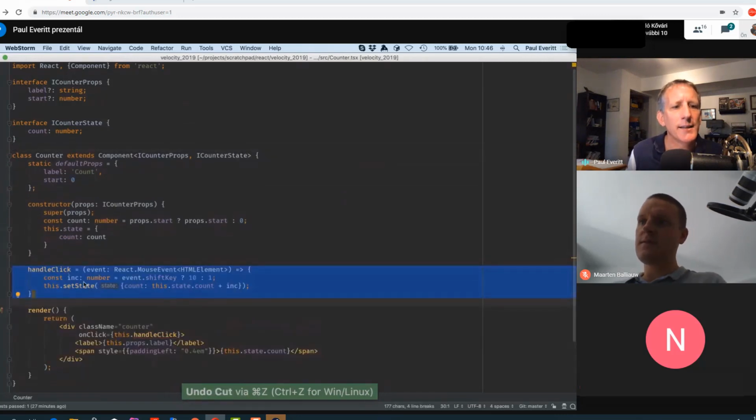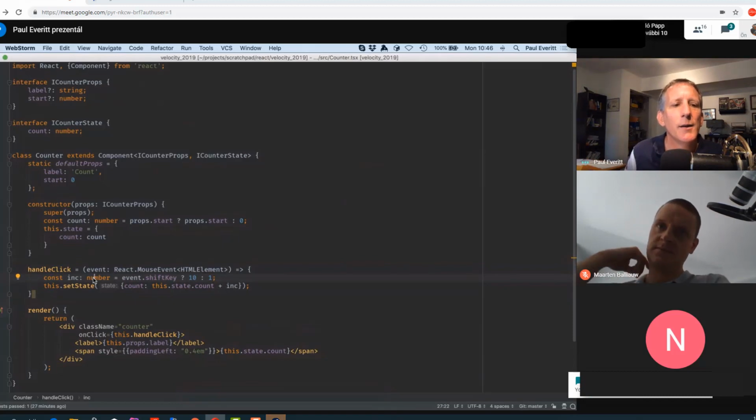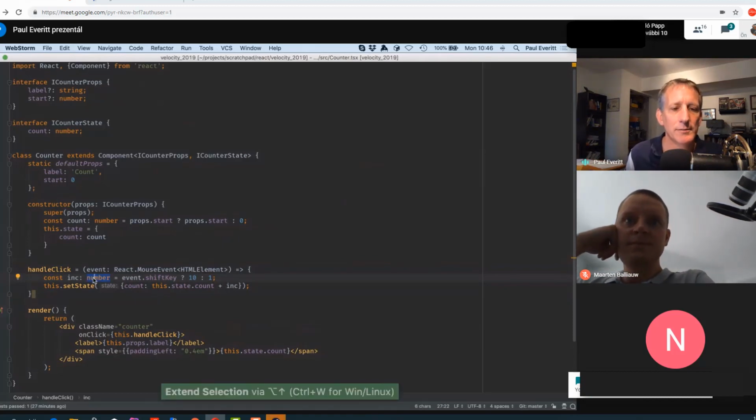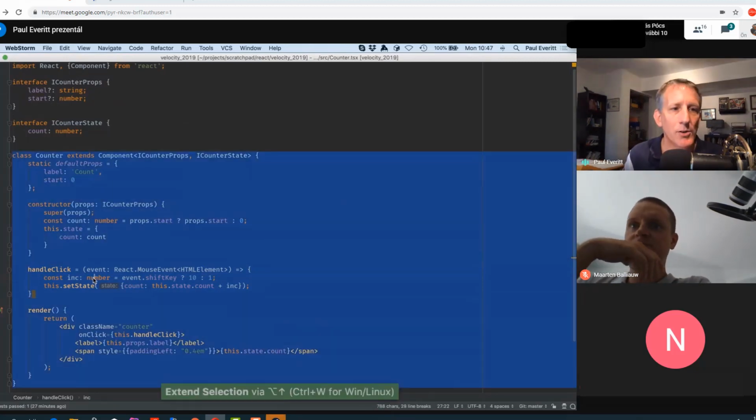Instead, if I'm just sitting in the middle of it and I make that decision, I can extend selection. So with the keyboard, I've now selected this symbol. I've expanded the selection to the line. And if I keep going to extend the selection, eventually I will get the entire arrow function. And if I went even further, I get the whole class.